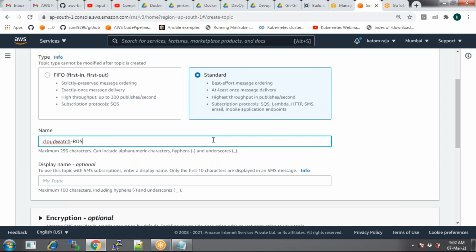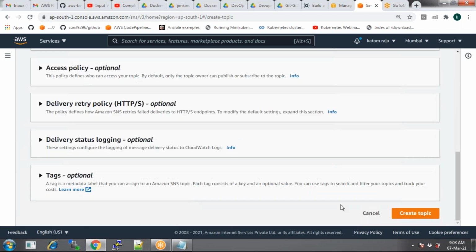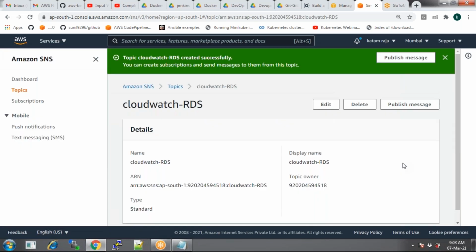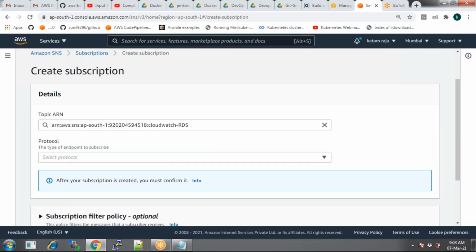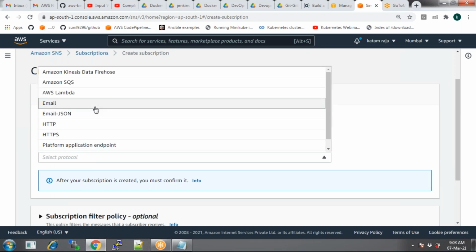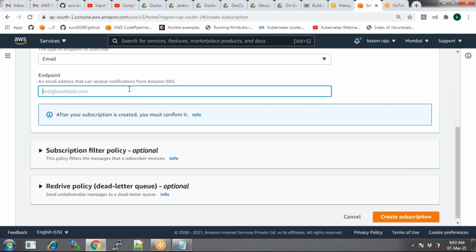You can select it for any other purposes, but better you name it in a way that is convenient for us. Well, that's a topic, and then go with create subscription, and then email protocol, and then email ID. You can select the same email ID or another email ID. That's not a problem. Select it.